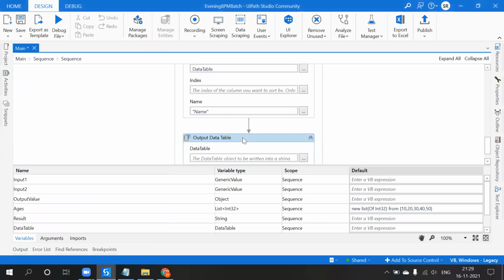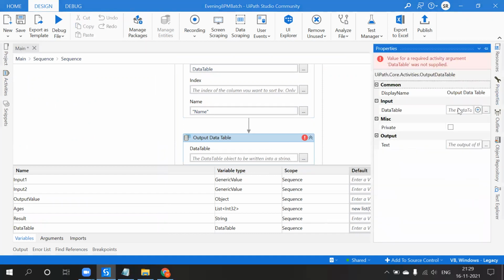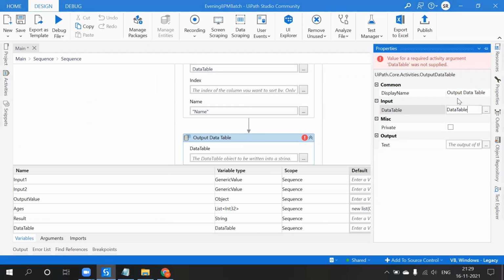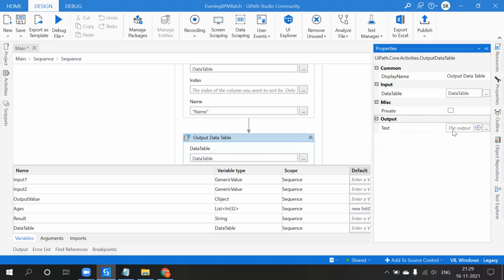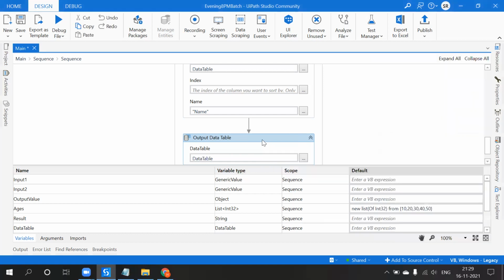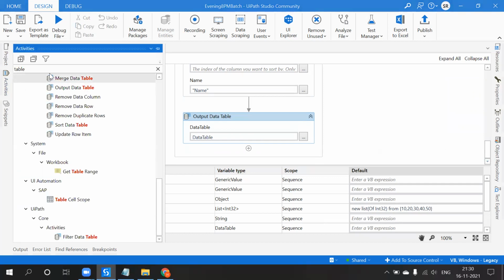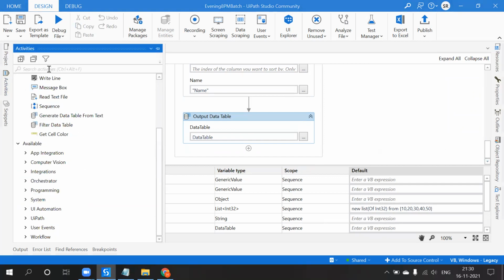This is also very important. The purpose of using this: the input is a data table. If you have your data in a data table, I would like to take the data in the form of text. I want to convert this into text, so then I get to know whether the sorting can be applied on this table or not.